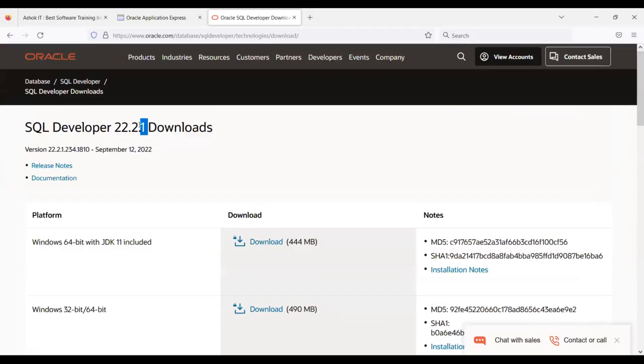22.2.1, sir. This is the version. For you guys, you need to download this one: Windows 64-bit with JDK 11 included. The point here is, in order to run SQL